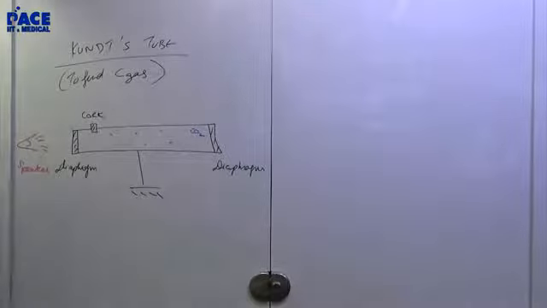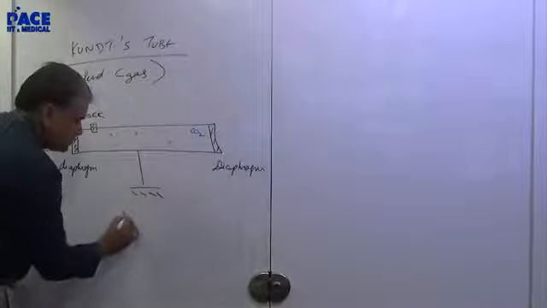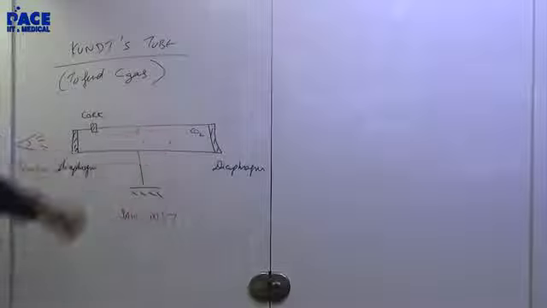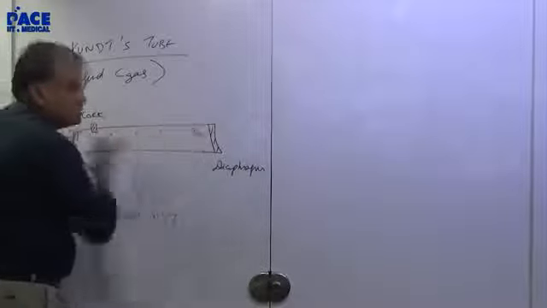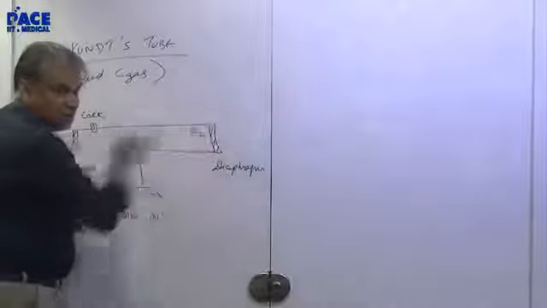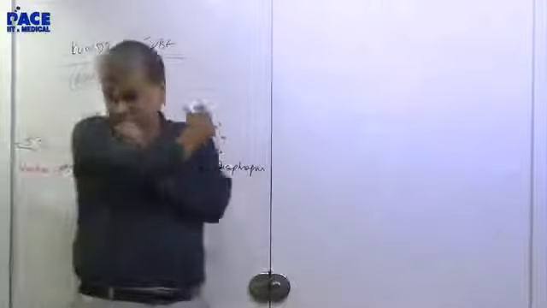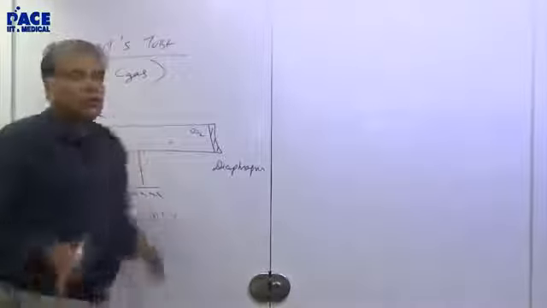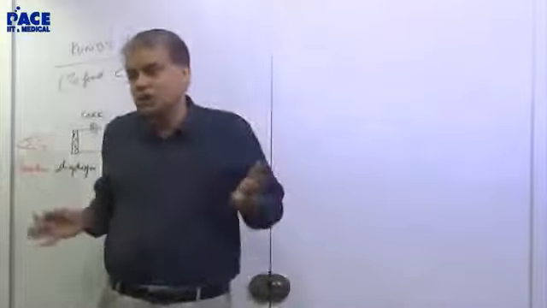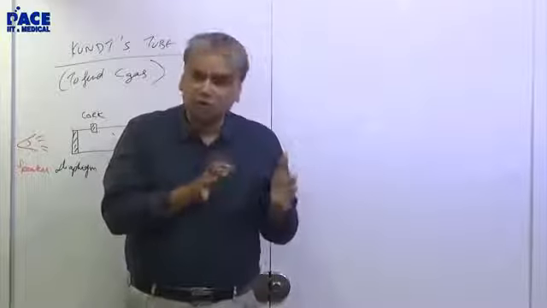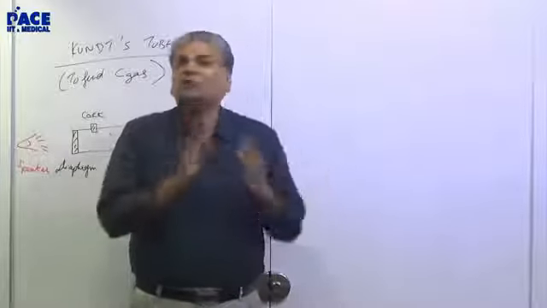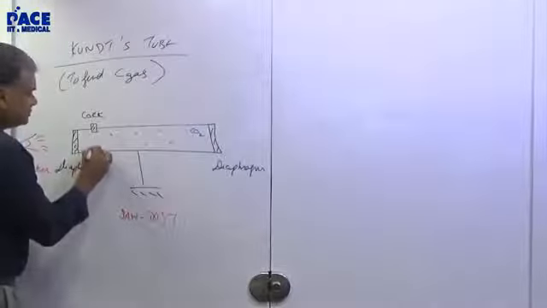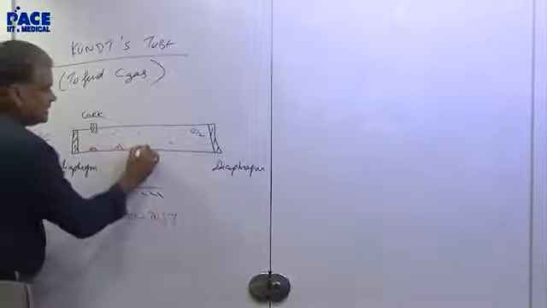Stationary wave means there will be nodes and antinodes. But how do you see a node and antinode in a gas which is invisible? What you do is you put some sawdust here. The sawdust will be blown away by the gas inside. Wherever there is an antinode, it will have a great displacement. But at the node, you don't have any displacement. From the antinode, if you are shot away and land at the node, nobody shoots you away from the node. So at the node you will get piles. Very soon you will get piles of dust settled at some places.